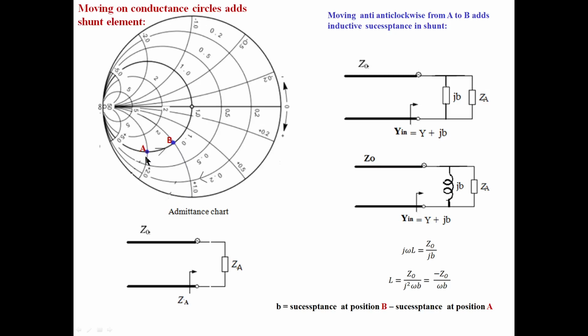The susceptance circle passes through the point A. See, this is a susceptance circle, this is a conductance circle. Susceptance circles are this and this. Note down the susceptance circle value. This is 2. Similarly, susceptance circle value 1 is written outside. You should note down this susceptance B value, and the susceptance value at A is 2 here. Take the difference of those two, susceptance at B minus susceptance at A, and you will be getting the B value.